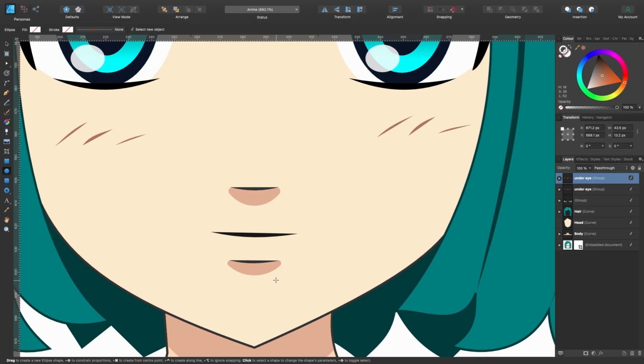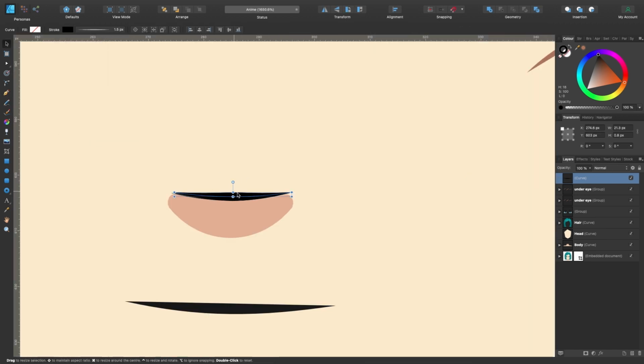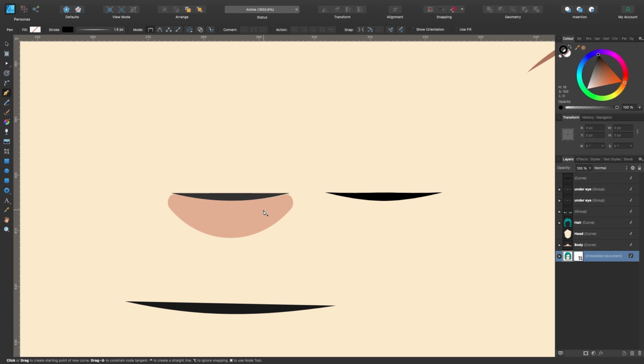So looking at the mouth and the nose, you can see that this is also a stroke like the ones we've created up here, and there's just a shape underneath, probably drawn out with the pen tool, I'm guessing. If not, they probably just grabbed a shape and manipulated it, converted it to curves, etc. So I'm going to go ahead and make these. In fact, rather than use the pen tool to create this, let's use one of the shapes and manipulate it, see what we can do.